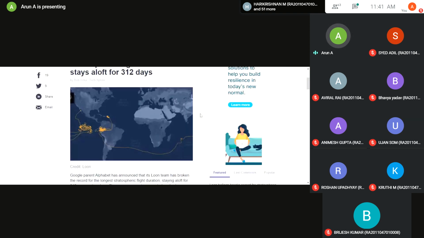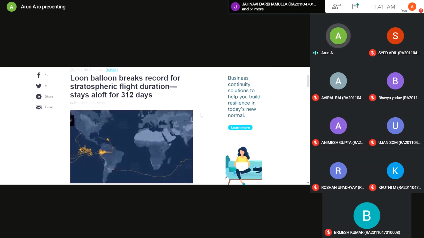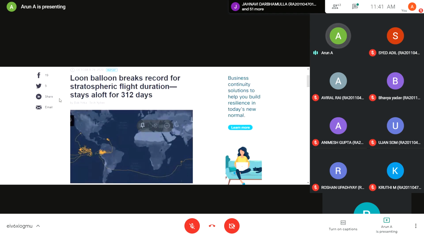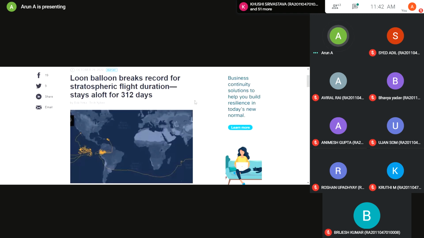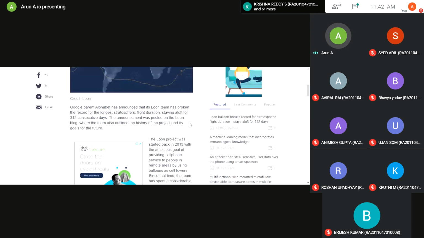Loon Balloon breaks record for stratospheric flight duration, stays afloat for 312 days. It's a huge record. They made this Loon Balloon to fly afloat for 312 days. Again, we see the video, and this is interesting, isn't it?